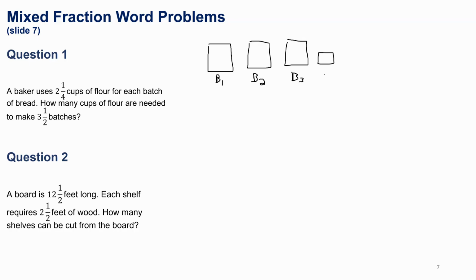So this is almost batch number 4, but we'll say it's a half of a batch essentially. Now on each of these, then we have 2 1/4 cups, 2 1/4 cups,